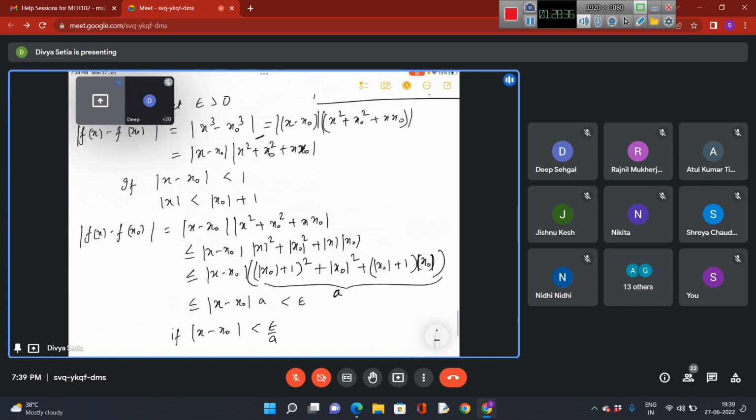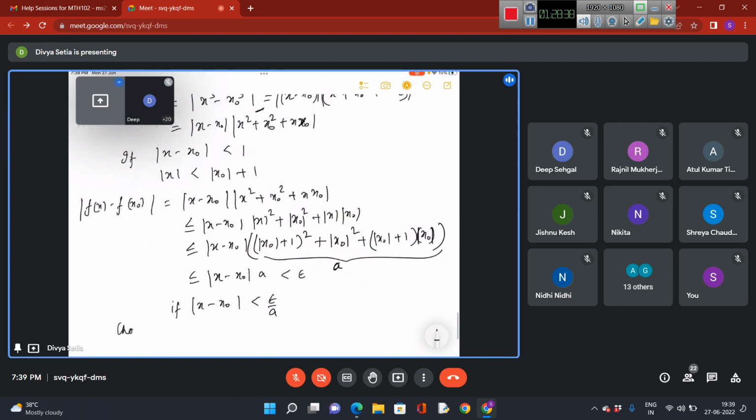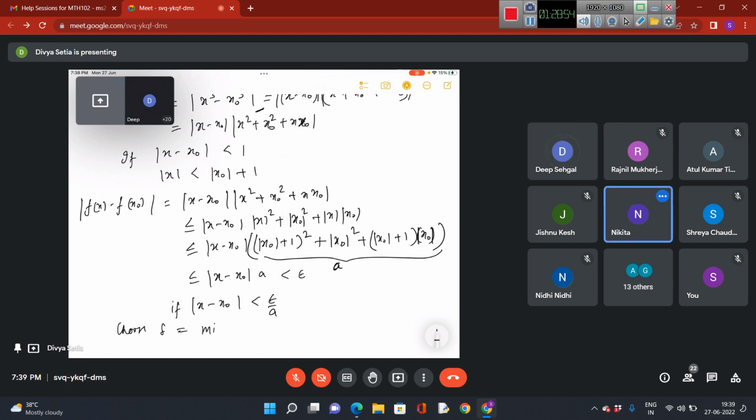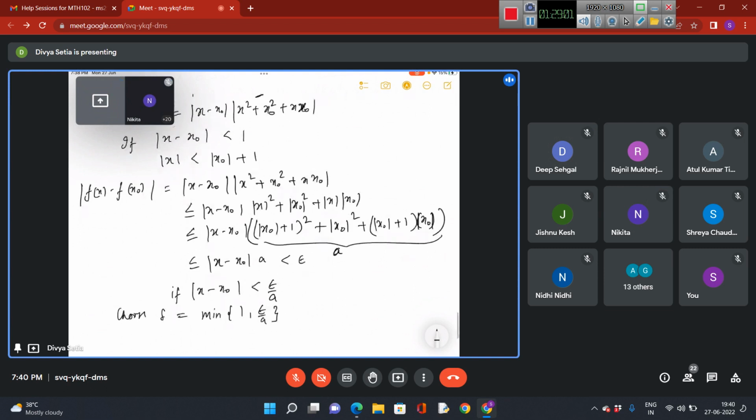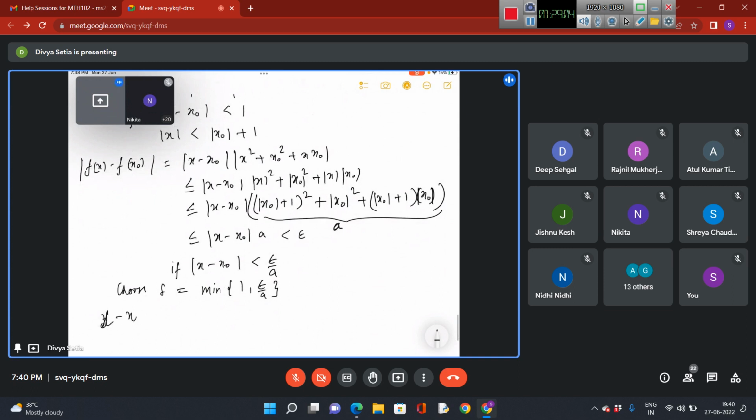So now, what should be my delta? Choose delta to be, what should be delta? That minimum thing. The minimum. Yes, minimum of 1 and epsilon by A. Fine. So then |x - x naught| less than delta will imply,